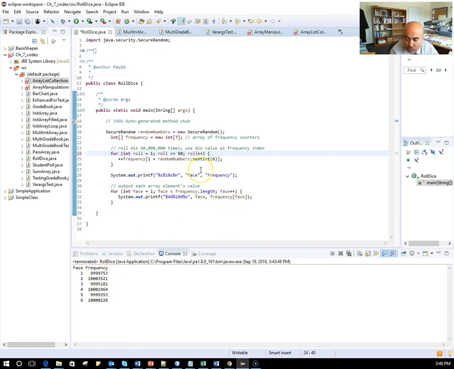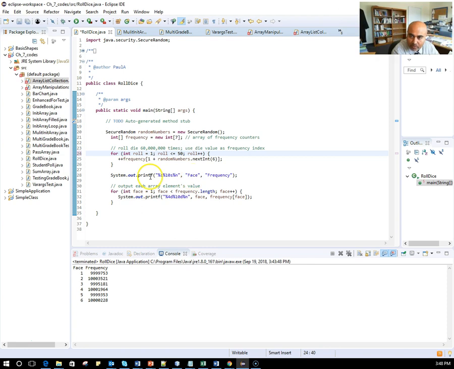But if I happen to roll a 2, then it's going to add to my frequency counter of 2, and then 3 and 4, 5 and 6. So by taking this value in, and again look at this little method over here, nextInt(6), I would allow up to 6 counts. And then once I add up all my frequency, I'm just going to come in